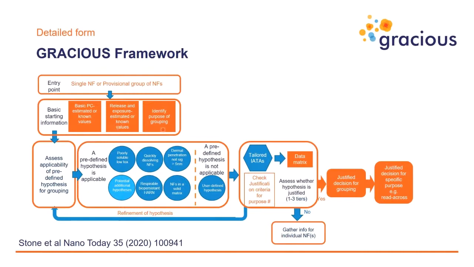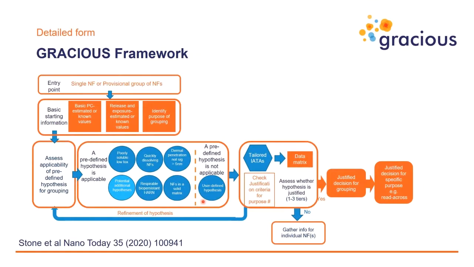And then also we want you to identify the purpose of grouping, because this allows us to understand the level of detail that you need in the outputs from the framework. This information is sufficient for you to generate a grouping hypothesis. We've already generated a number of predefined hypotheses using data from the peer-reviewed literature and from databases. I've just shown some abbreviations for a few of these hypotheses here, and we expect that this database of hypotheses will be expanded with time. If any of the hypotheses we provide are not suitable for the user, we can also generate a user-defined hypothesis using a hypothesis template.